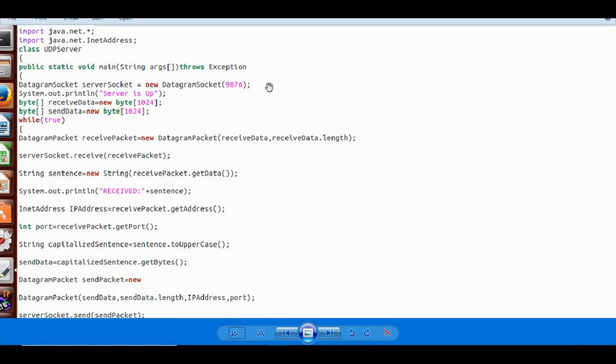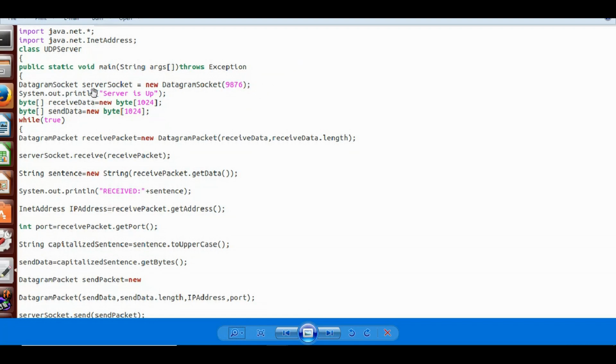And you got that point, right? Why did we mention both the IP address and the port number whenever we were sending data from client to server? Because this is connectionless, and of course they should send the address and port number along with a packet, so that the packet can reach this particular server.